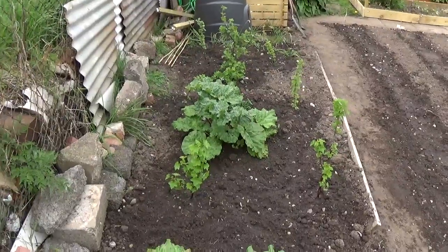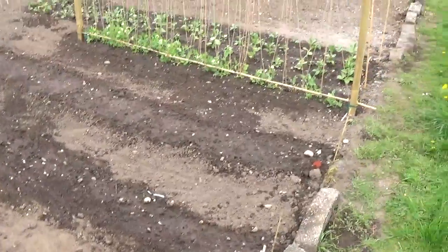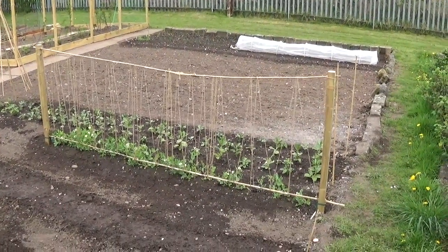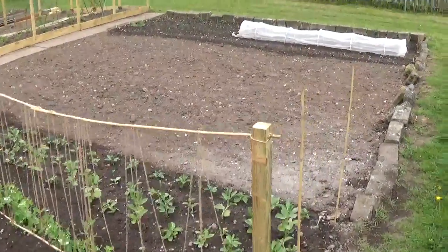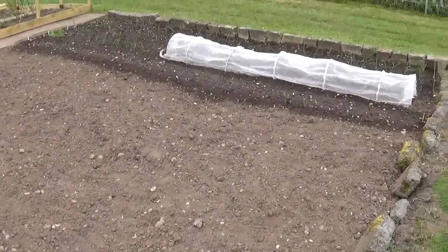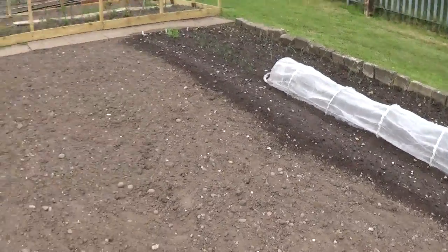I've since found out, because I've spoken to the previous owner, that coming into winter he covered it all in manure and dug it all in. So things should grow quite well. Oh, I'm going to have to stop talking a minute because